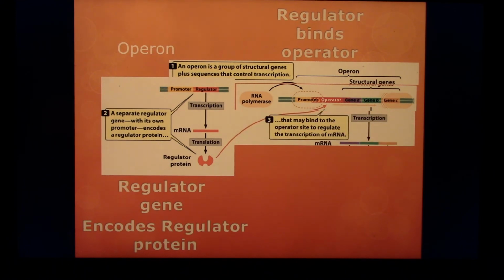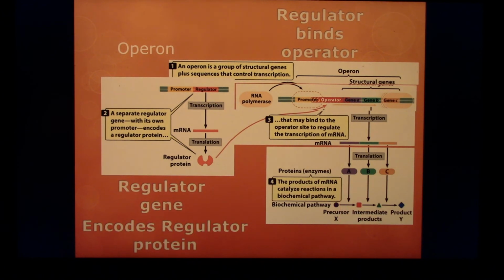Okay, so this protein is going to be made elsewhere in the genome of the bacteria, and then it's going to move. It's going to be transported. It acts in trans from wherever it's been made to find the operator that it recognizes and binds to it. And that can affect whether or not RNA polymerase is going to do its job. But if RNA polymerase is doing its job, it's free to